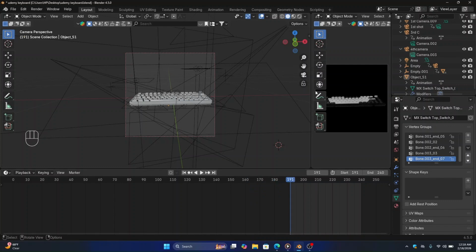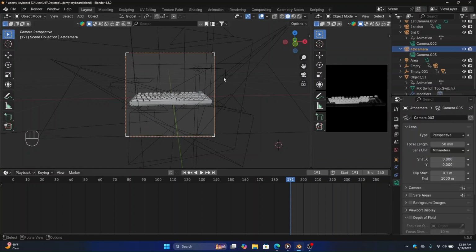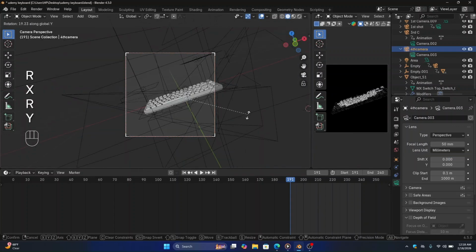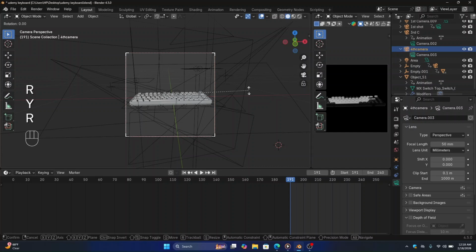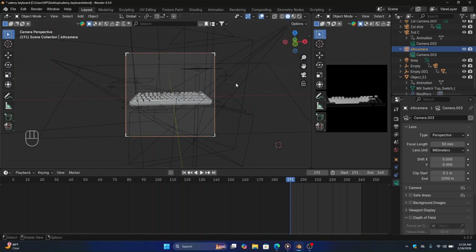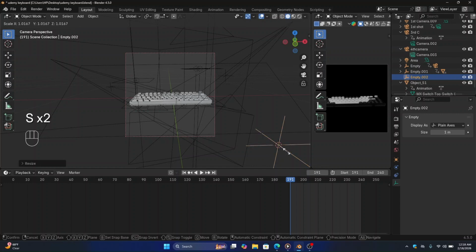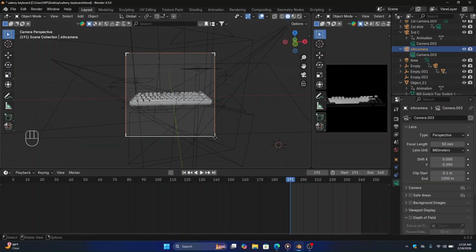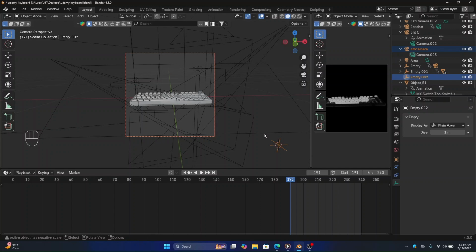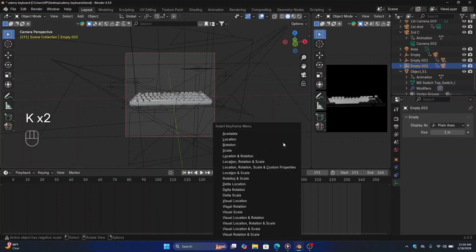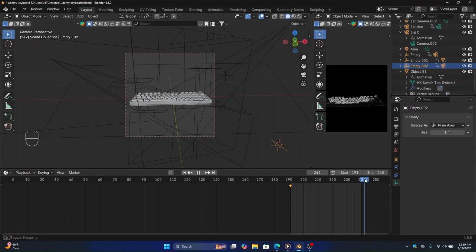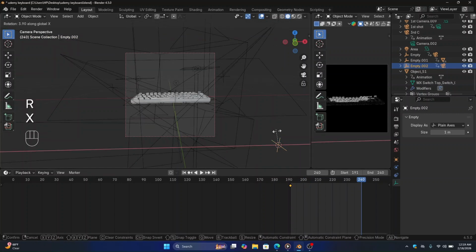And here I will select this camera, and then add another empty here, and then scale it a bit. And now I'm going to select this, and then after that select this one, and then press Control P on your keyboard to parent it. And after that we are going to select this frame, add a keyframe here of location, add a keyframe of location and rotation, and go to the end frame, and then here just press R,